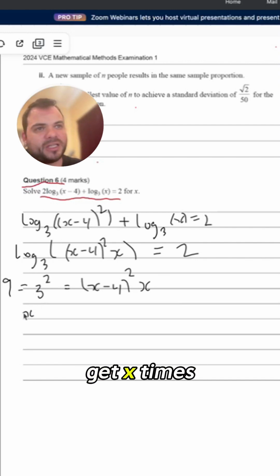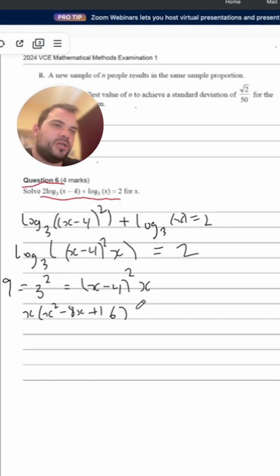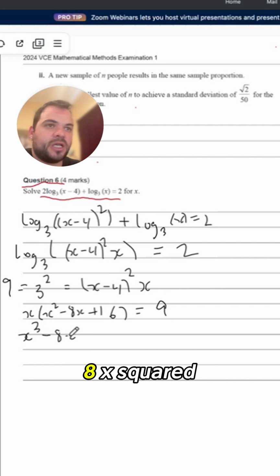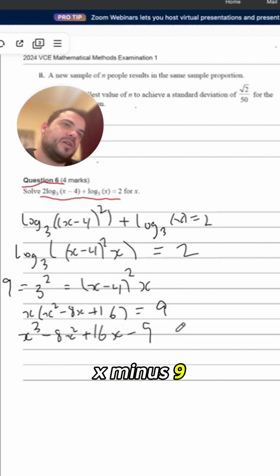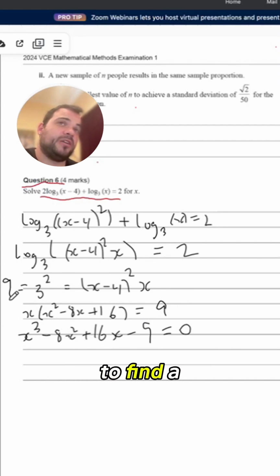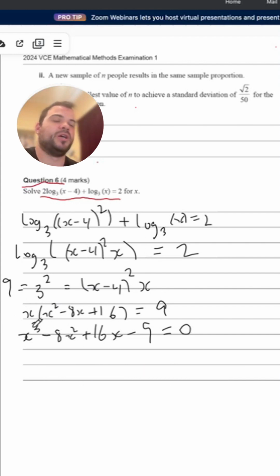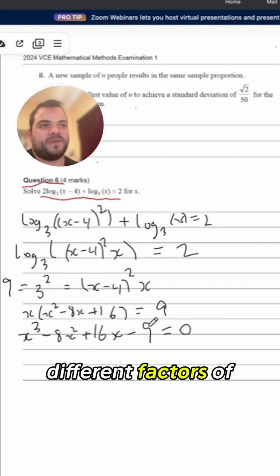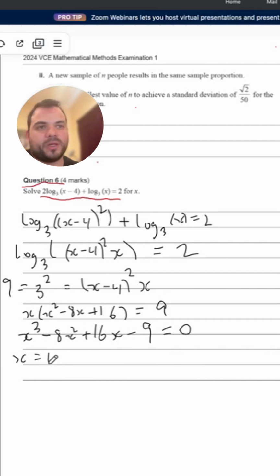I get x times (x squared minus 8x plus 16) is equal to 9, and this becomes x cubed minus 8x squared plus 16x minus 9 is equal to 0. So now to solve this cubic equation, we know that we need to find a factor, and we can find that factor using factor theorem by finding a value of x that makes this cubic equal to 0. So trying out different factors of 9, the last term, we start with x equals 1,